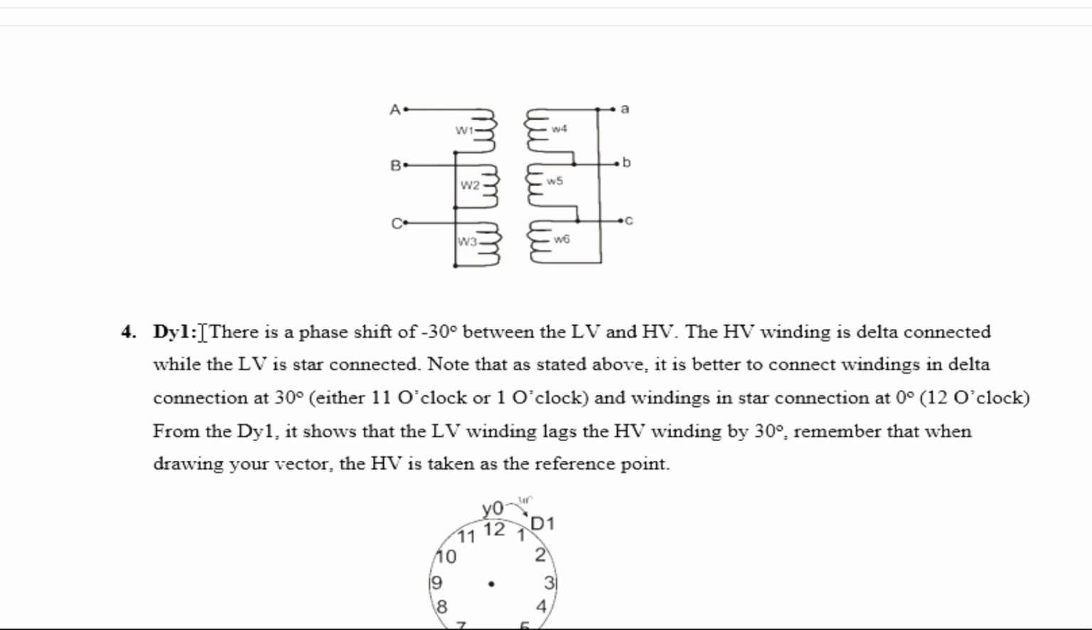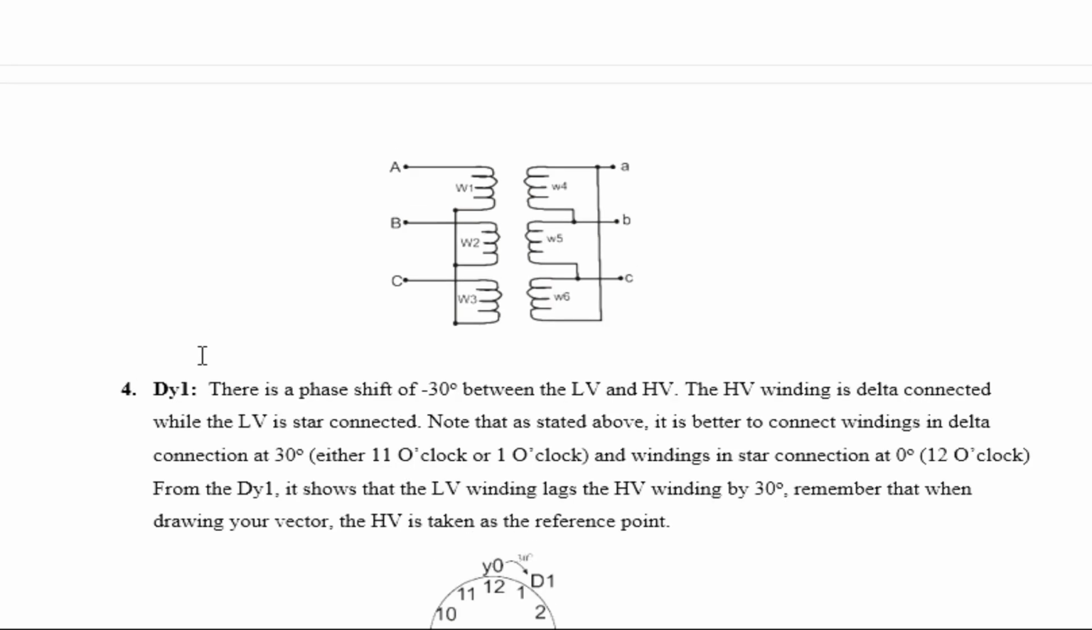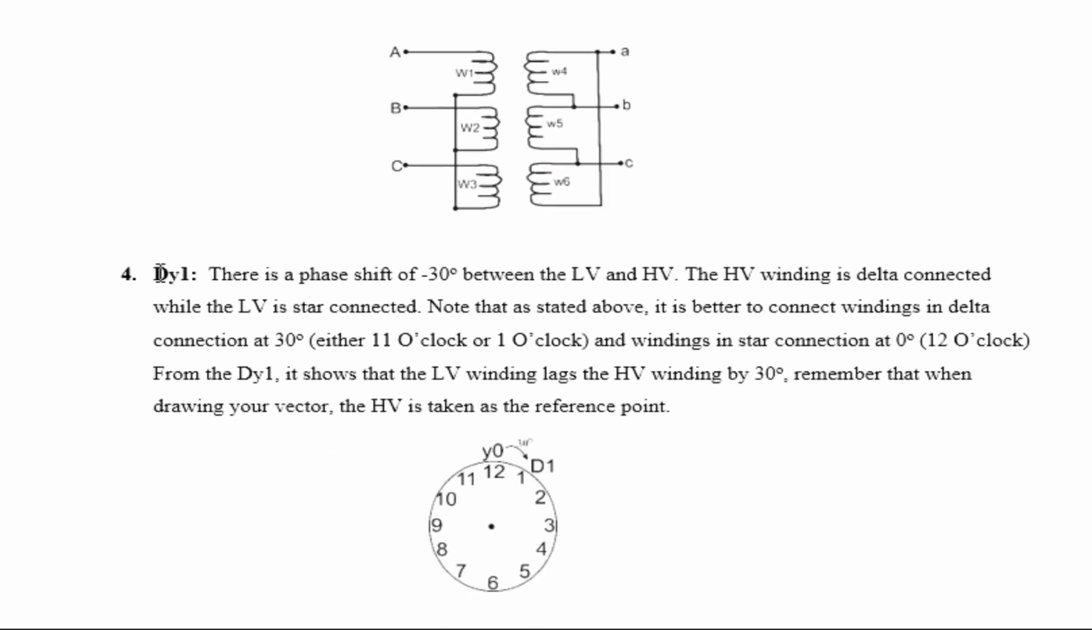The next one is DY1. Now on your DY1 means that the high voltage side is delta, the low voltage side is star, and they are on 1 o'clock. 1 o'clock means 30 degrees apart. So it's 30 degrees apart. I told you that your delta should always be your reference point. So that is to show you that